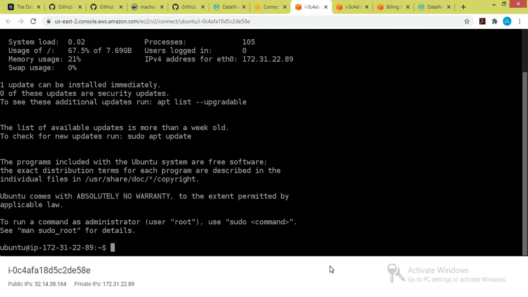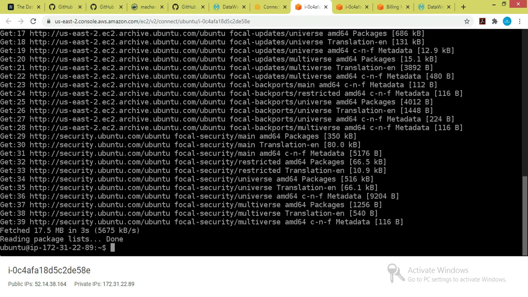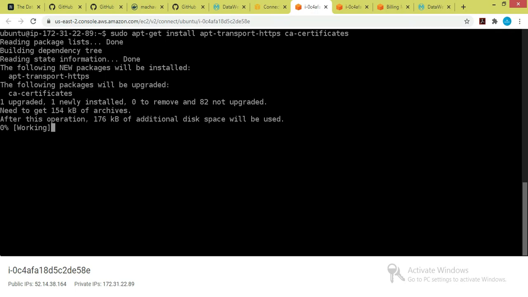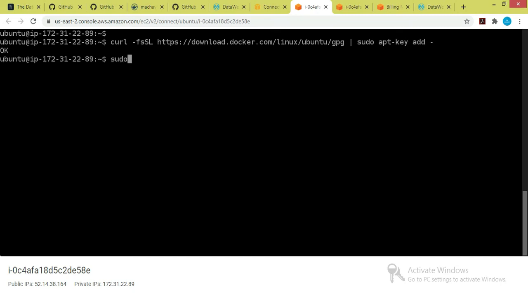From now, we need to update our instance to the right settings and install Docker. First type in sudo apt-get update. This will perform a full update of your system. Now type this command to install all the necessary HTTPS and CA certificates needed. Next, type in this curl command to add the Ubuntu Docker GPG key to the machine. This will allow you to add the Ubuntu Docker Debian repository to successfully download the relevant packages. Once added to the repo using this command,